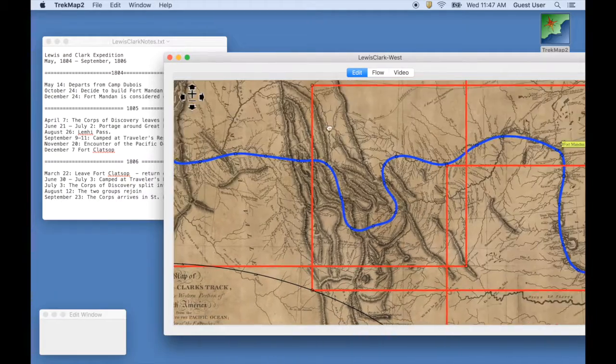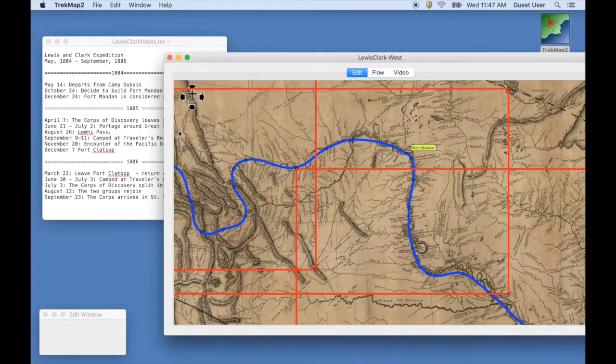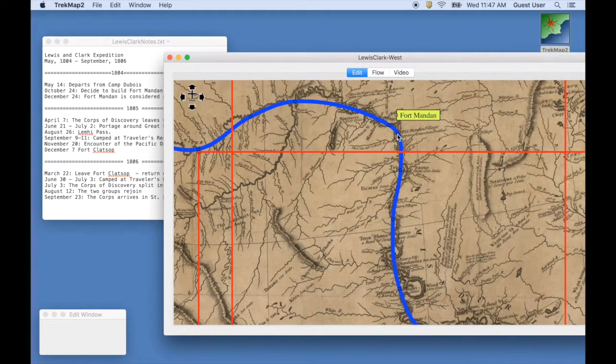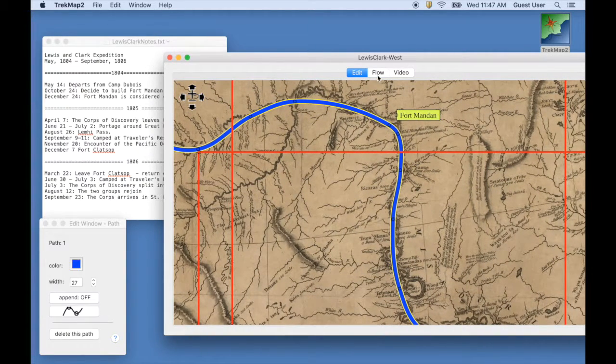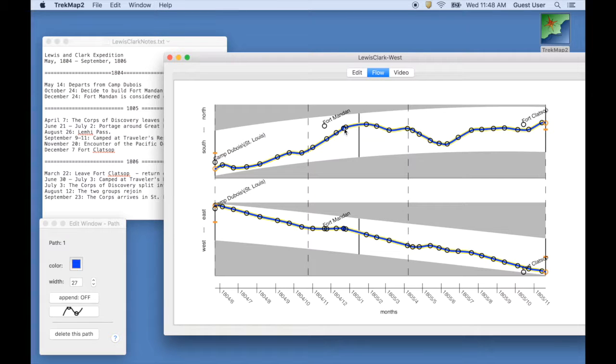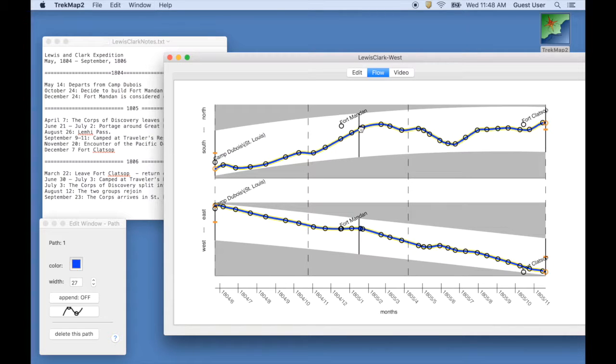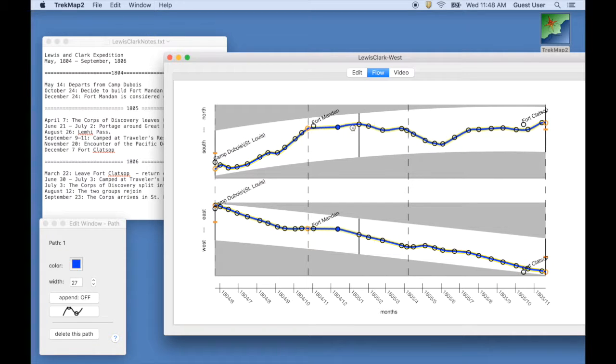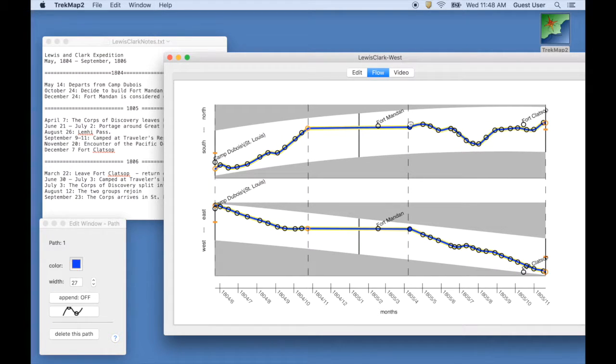Now I want to pick up the events, the little path points that are right next to the fort. So I'm zooming in here and clicking on that path point just before the fort, and there, it's highlighted. And so I want to lock that to, see right now it's not locking, it's just snapping back and forth. So there, I'm going to drop it on the event, and I'm going to take the other path point, the one right behind it, and drop it on the other